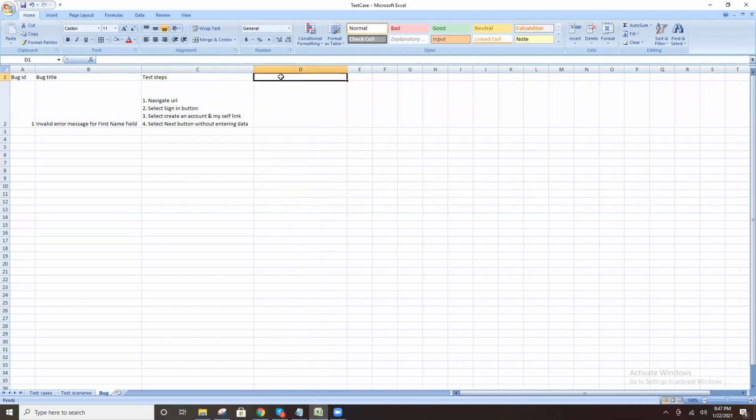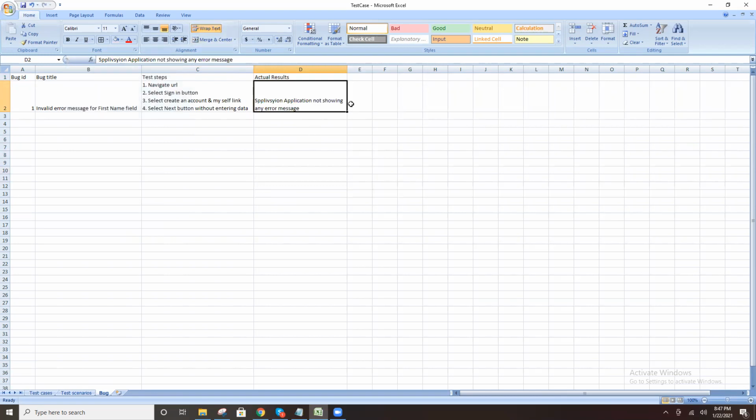See, the actual result. What is the actual result? Actually, the error message is not showing in the application. This is a bug. What is your expectation?